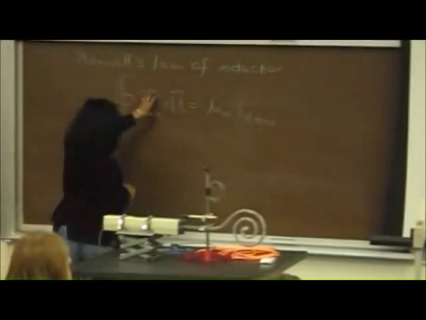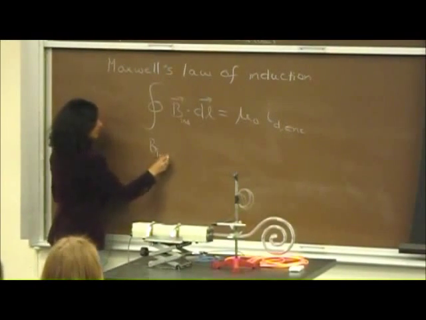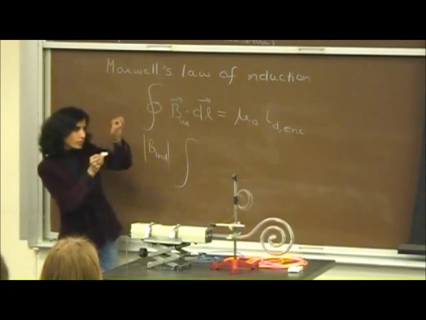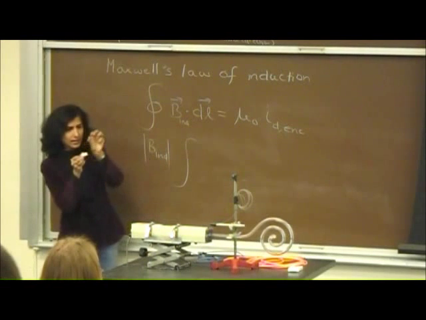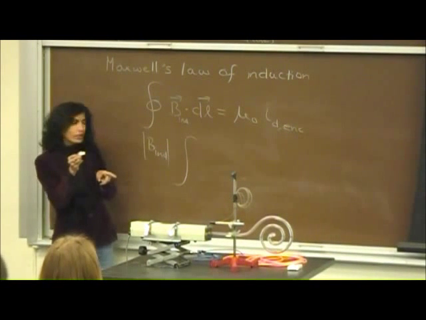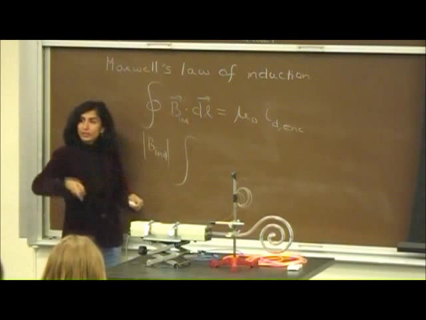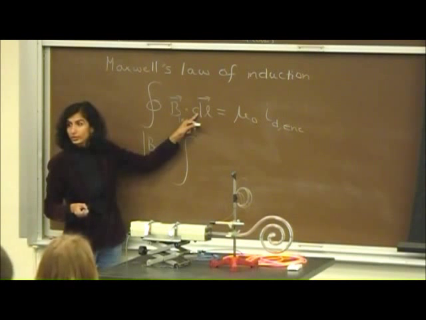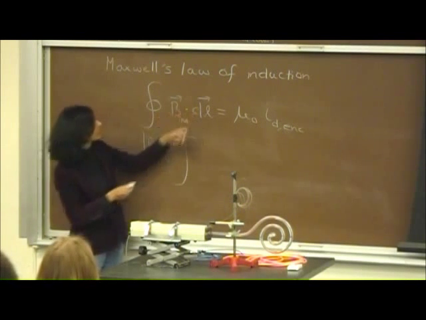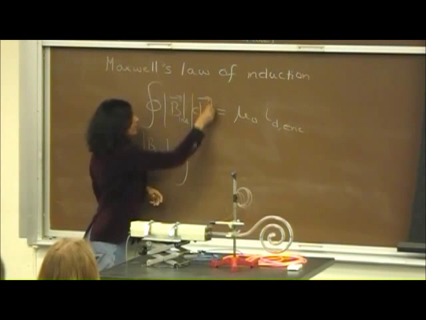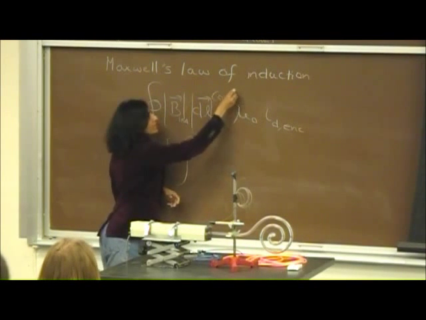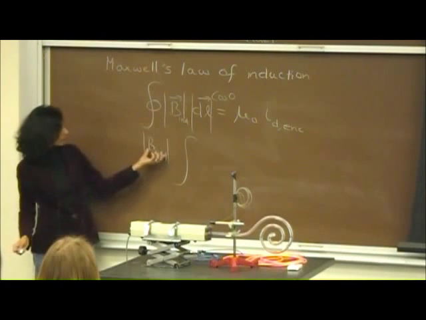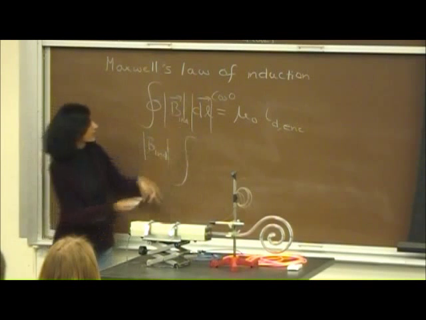And if it's constant, we can pull this B induced out. By the way, dl is the length vector along this loop, and you can move in the direction of the magnetic field because the magnetic field lines form closed loops. So the angle between these two will be 0. Do you see what I'm saying? B dot dl is really the magnitude of B times the magnitude of dl times cosine theta, but in this case it's cosine 0, which is 1. So all we have is B induced gets pulled out because it's constant on the loop that we chose. Integral dl is nothing but